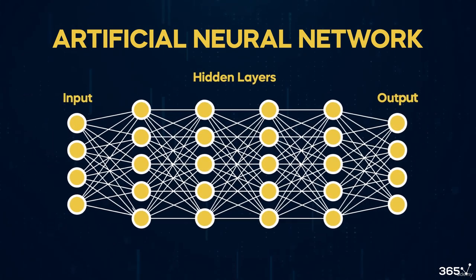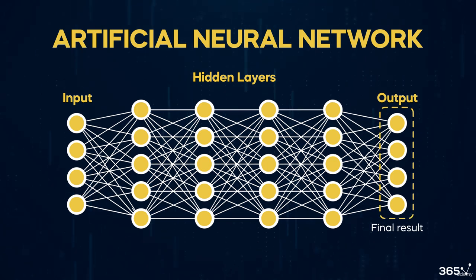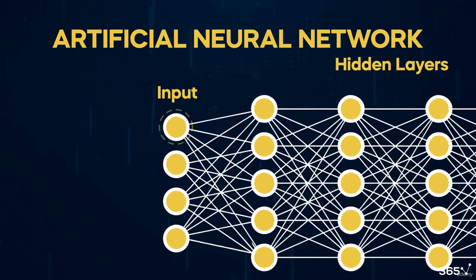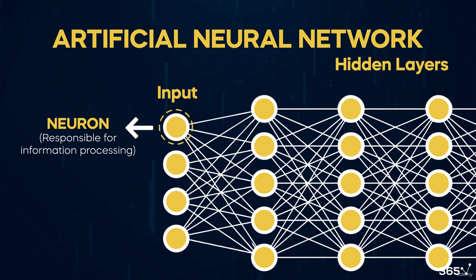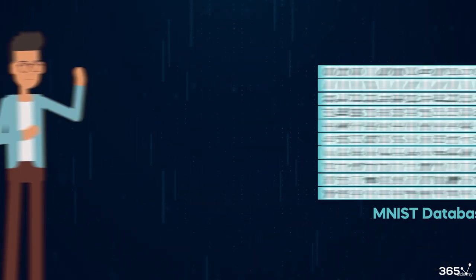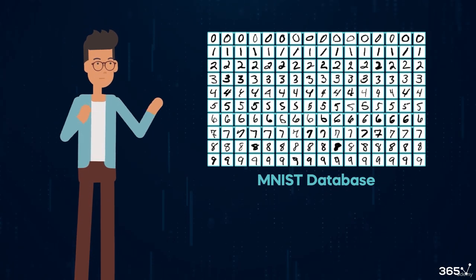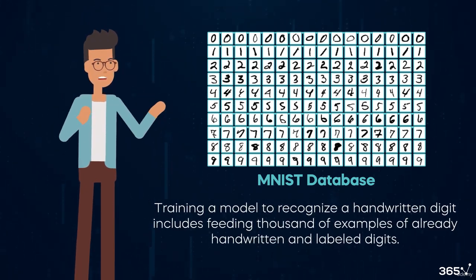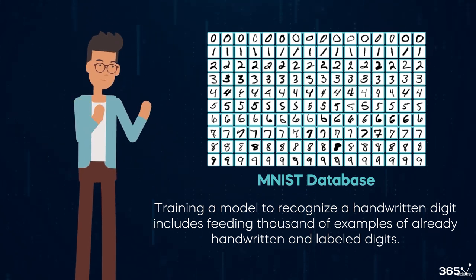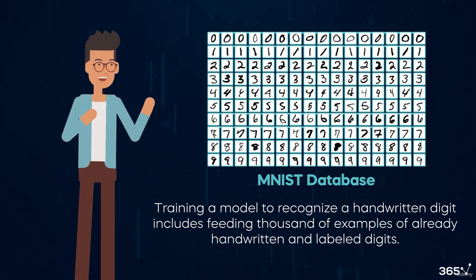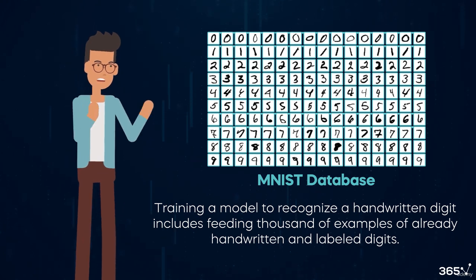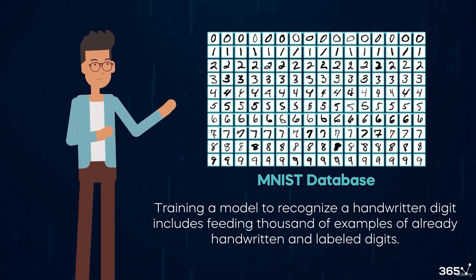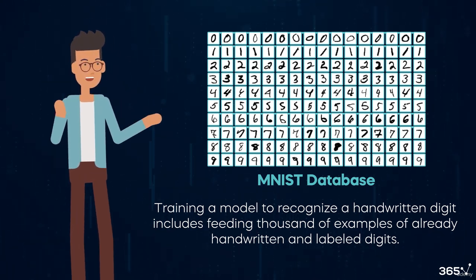We also have an output layer that generates the final result. Every layer of the artificial neural net is made of neurons, or nodes, responsible for processing and transforming the information received. If you recall, I previously referenced the MNIST example in one of our lessons. We noted that training a model to recognize handwritten digits involves supplying it with thousands of pre-labeled examples. How does this training happen? While the process may initially appear complex, let's simplify it to a more manageable form.